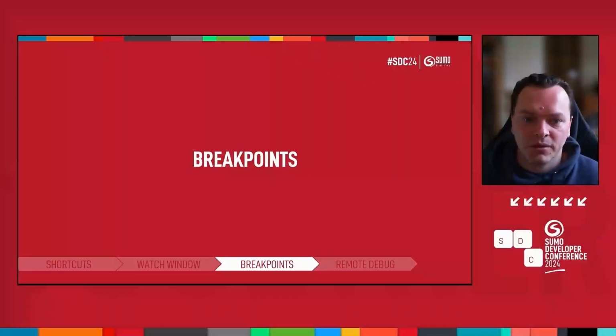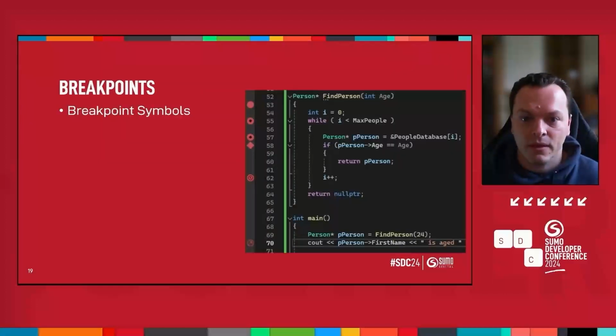Now, let's take a look at breakpoints and what we can do with them. We all know how to use a breakpoint to get the debugger to stop execution at a location in the code. But did you know that you can add debug output into your running code with a breakpoint? Let's run through a list of the different types of breakpoint according to the symbols. We have our traditional breakpoint,